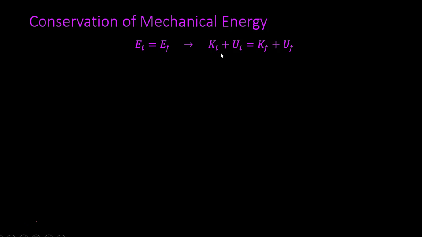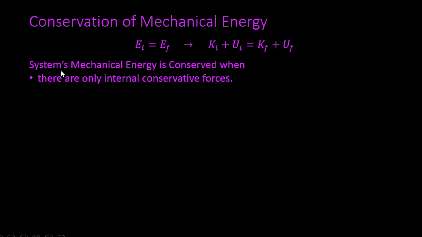And of course, we can break that down into the components of the kinetic storage mechanism and the two potential storage mechanisms. So the system's mechanical energy is conserved when there are only internal conservative forces acting on an object. So this equation is true when only internal conservative forces are acting on an object. So an example of this would be something falling in a gravitational field,